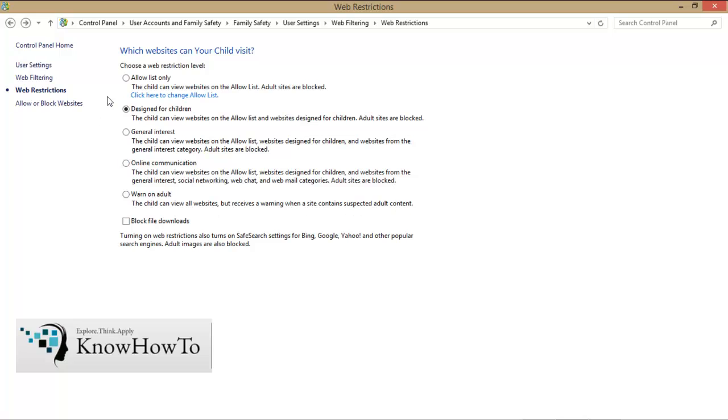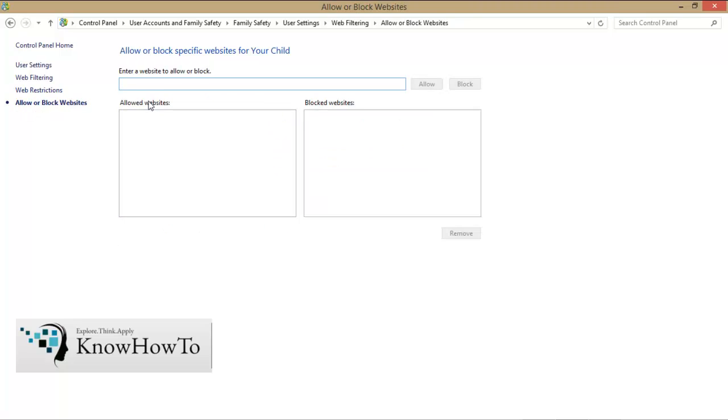So I need to click on the designed for children option, and after completing this step, I can come to the next step where allow or block websites is there, and here I can type any website.